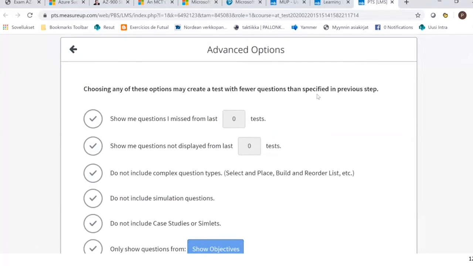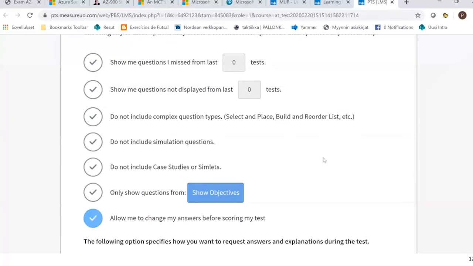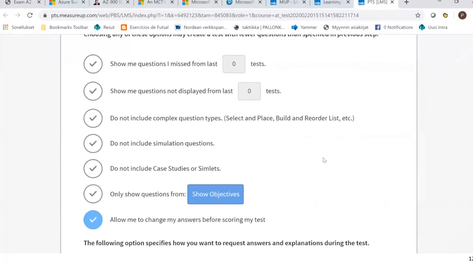There are more advanced options here. There are a lot of different options, but especially if you are using mobile for this practice exam, definitely you should use this option: do not include complex question types. This means question types where you have to drag and drop items, build these, or reorder things, and it's not really good with your mobile phone.